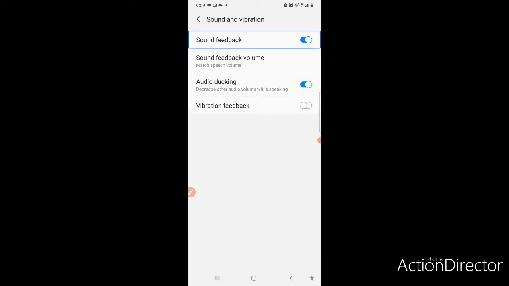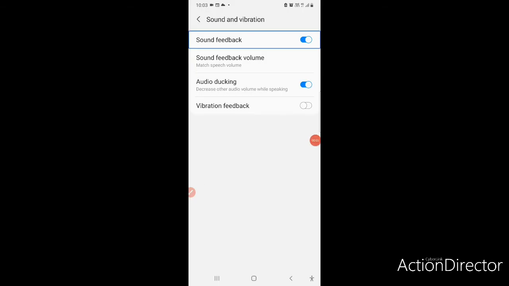If I turn off sound feedback, then the sound of scrolling and all that will not come. Like if I turn this feature off, scrolling sound and all other sounds will be turned off. Only the girl or the boy voice, whatever you have set, will speak. It is not going to make any sound except that. If you are scrolling, you will not understand. Sound feedback, on, switch, 1 of 4.